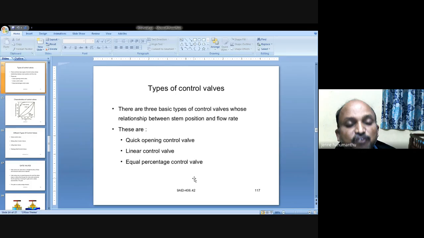How is it going to be controlled? Based upon the stem position. Okay? And see